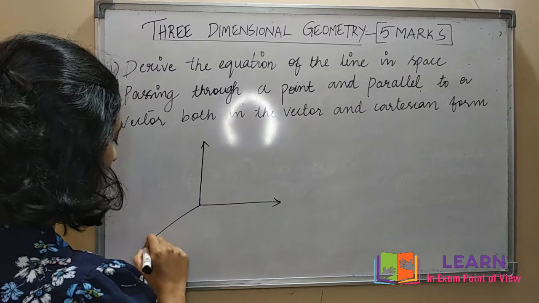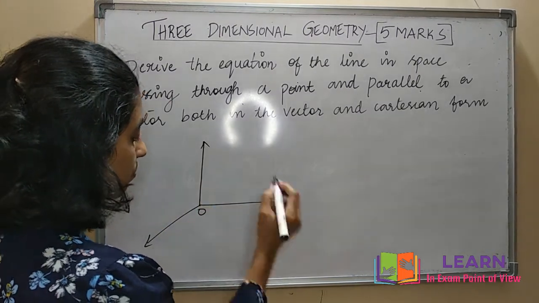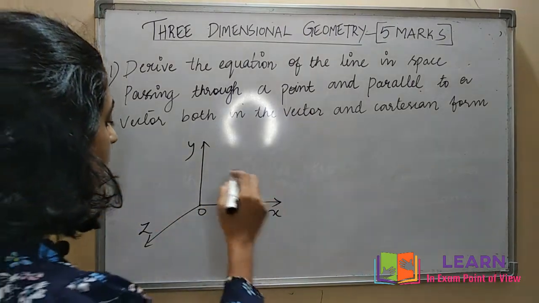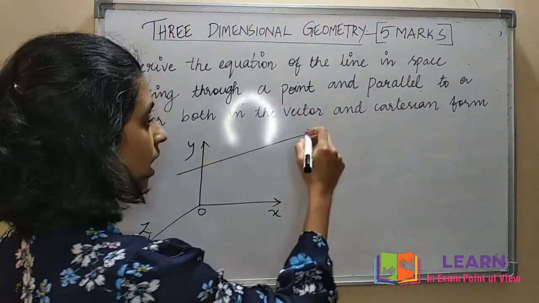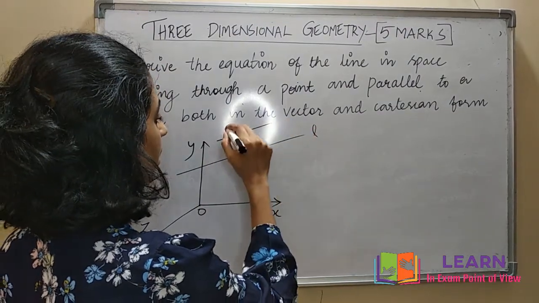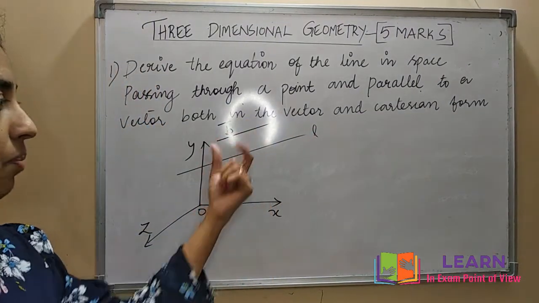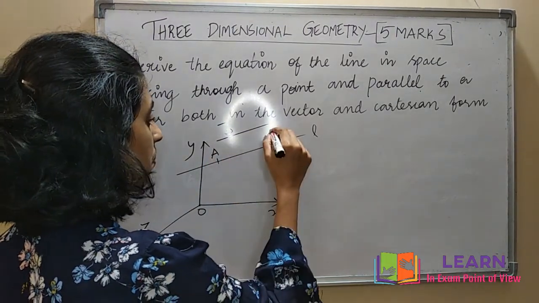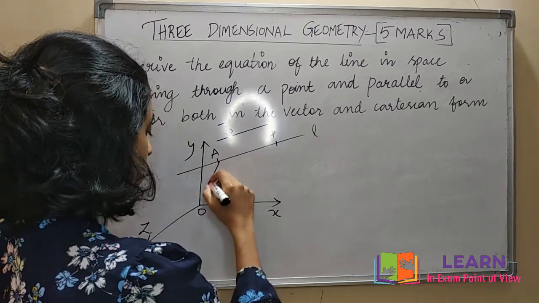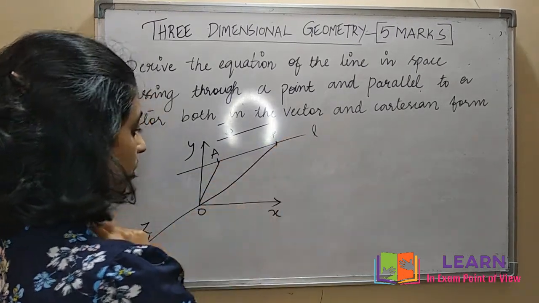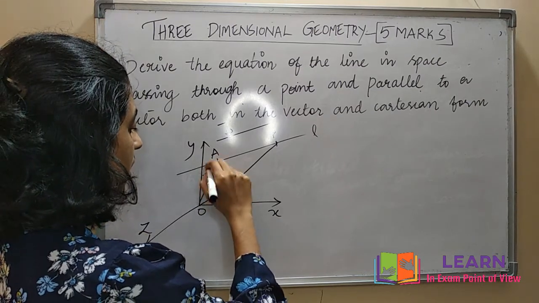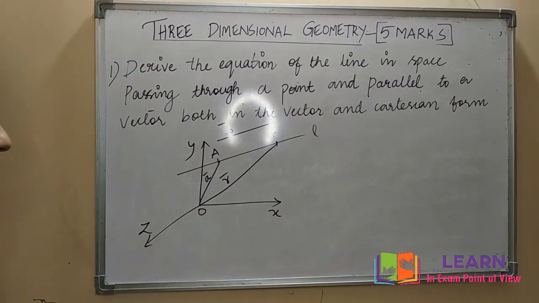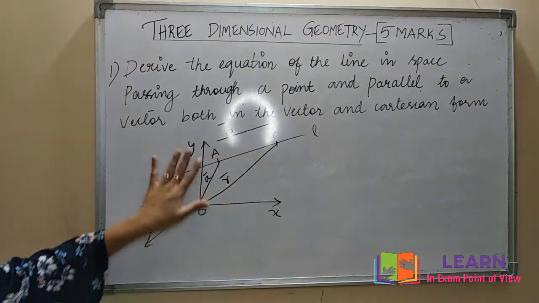So you can mark the coordinate axes with center O as X, Y, Z. Okay. Now, assume here is a line. This is a line L and there is another parallel line, that is vector B. On this line you can note two points, A and P, and draw lines connecting them to the center. So OA you can mark as vector A, OP you can mark as vector R. Fine. So this is the line figure.